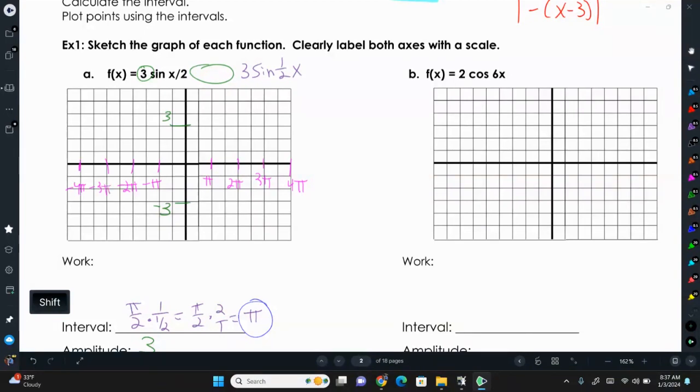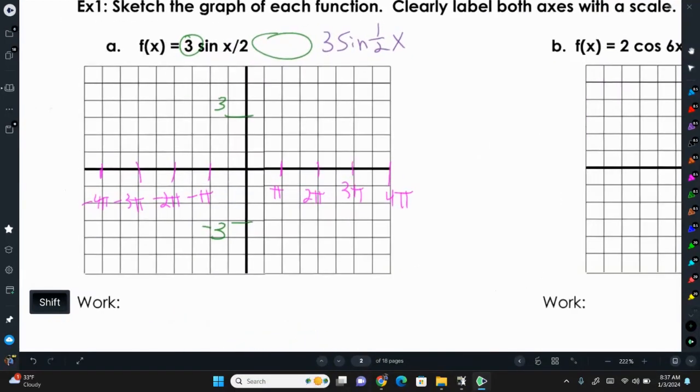We're just going to label a couple of them from now on, but I just wanted you to see what I meant by the increment. So we start at 0, 0, then we go up, down, down, up. Now that same pattern goes to the negative, so we would go down, then up, down. So our graph